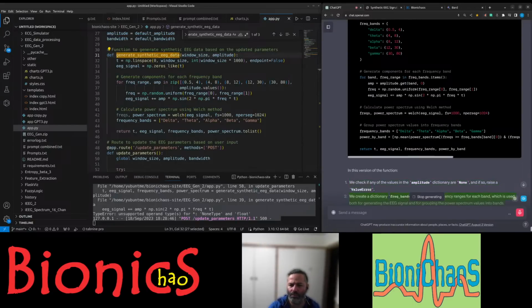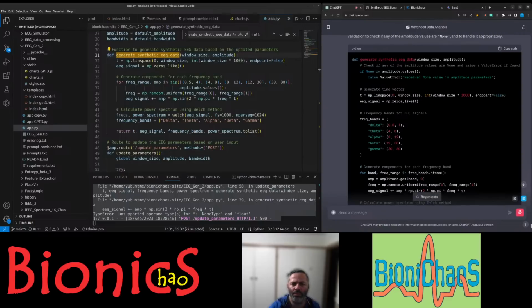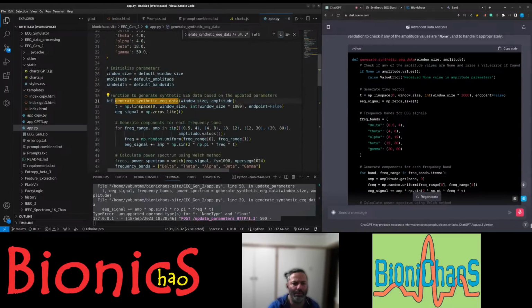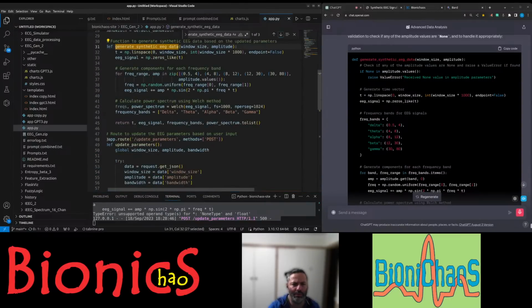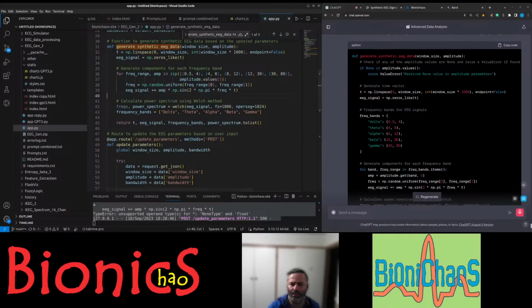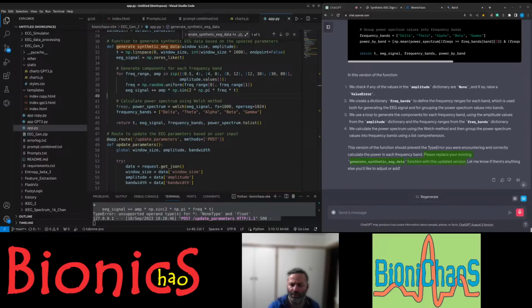We create a dictionary freq_bands to define the frequency ranges for each band, which is used both for generating the EEG signal and for grouping the power spectrum values into bands. We use a loop to generate the components for each frequency band, using the amplitude values from the amplitude dictionary and the frequency ranges from the freq_bands dictionary. We calculate the power spectrum using the Welch method and then group the power spectrum values into frequency bands using list comprehension. This version of the function should prevent the type error you are encountering and correctly calculate the power in each frequency band. Please replace your existing generate_synthetic_eeg_data function with